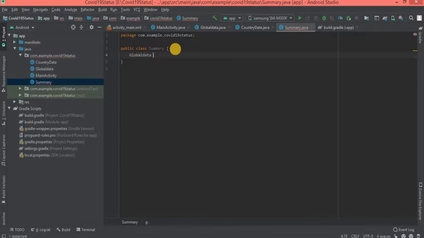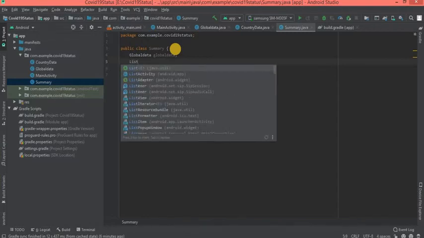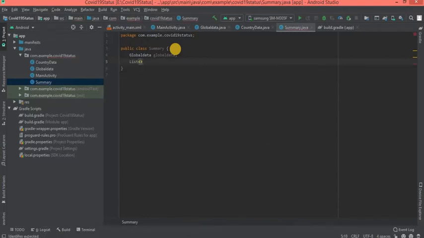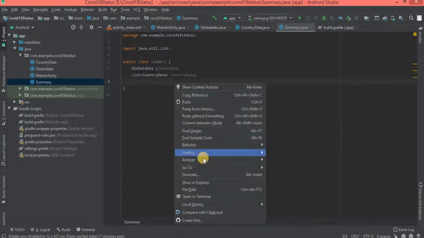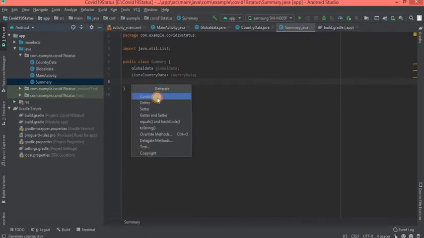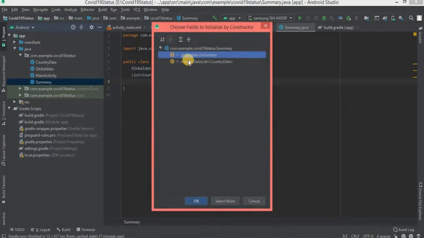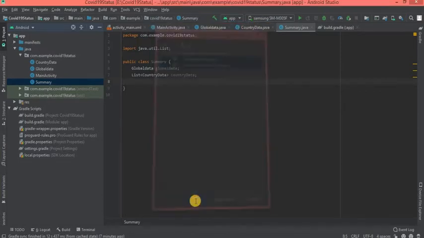I am creating an attribute to store global data. Likewise, a list of country data. Just press Alt Enter to import the packages. Now create a constructor. Right click, generate constructor, choose both attributes and click OK.